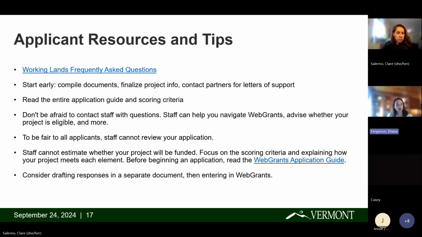And we mentioned the web grants application guide. One tip that some folks really find helpful is, since you have all of the application questions in the RFA, type up your responses in a Word document. That way you have everything ready and you can just copy and paste everything into web grants rather than having to log in and out of the system so many times. It would be impressive if you were able to do the whole application in one sitting. I wouldn't try it. So it's nice to just sometimes compose everything outside of the system, and that saves you some time and effort.